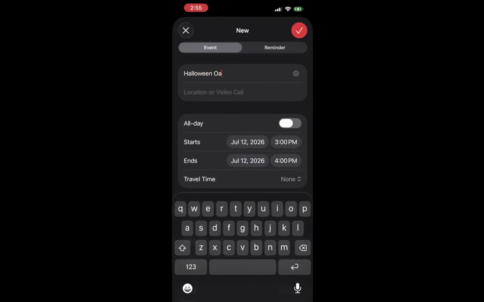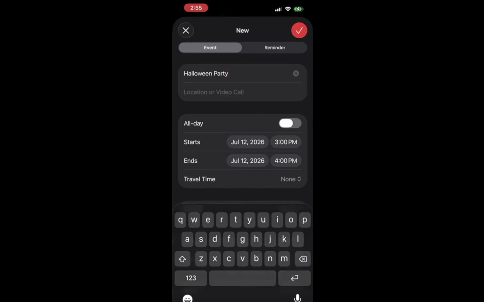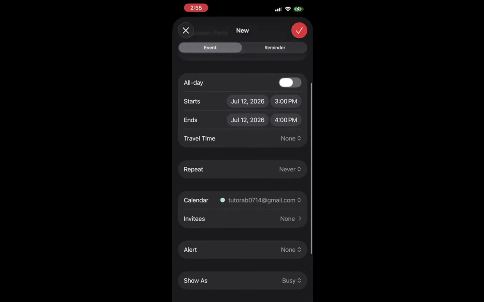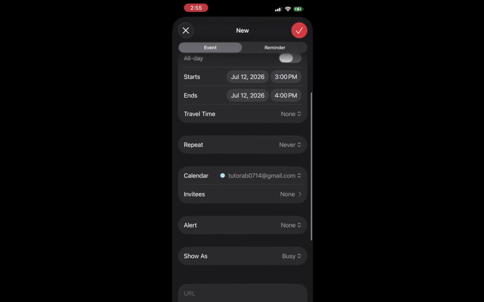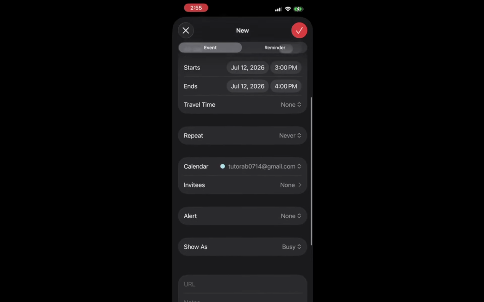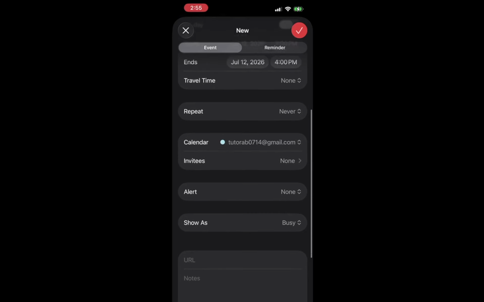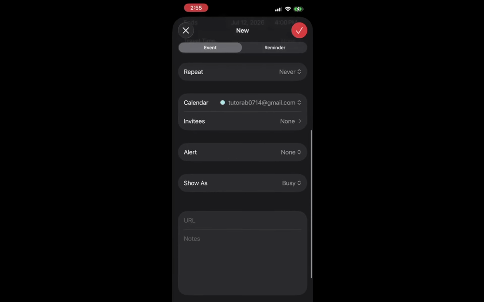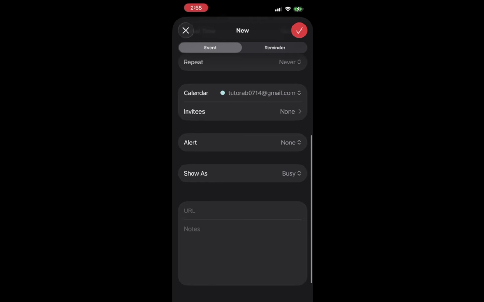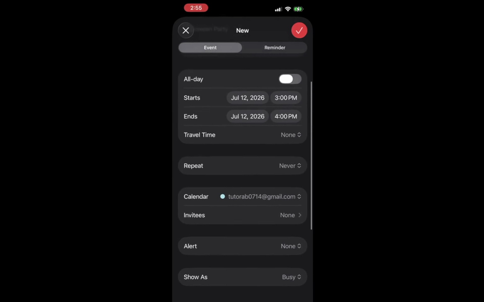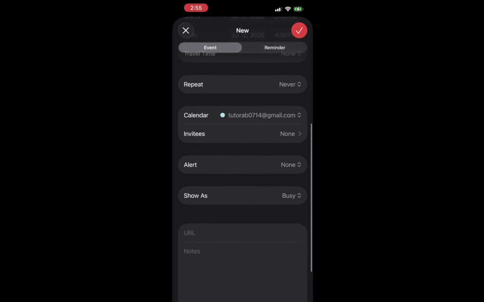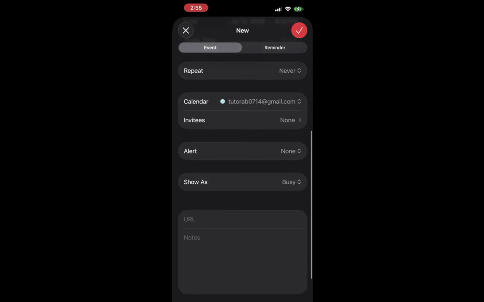After that, you can add details such as the location, date, start and end time, invitees, and alert. Tap on the relevant fields to fill in this important information. For instance, if you're scheduling a meeting, enter the location and choose the correct date and times. This step is vital because it ensures everyone involved knows where and when to meet. Additionally, setting alerts can remind you of the event ahead of time. It helps you stay on top of your commitments.